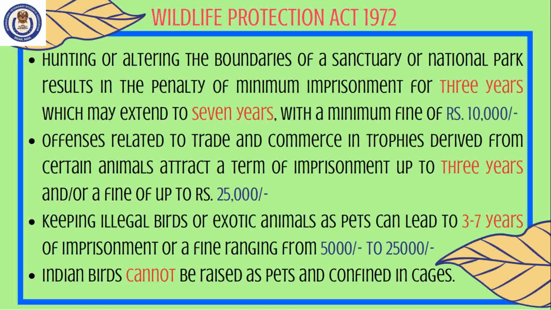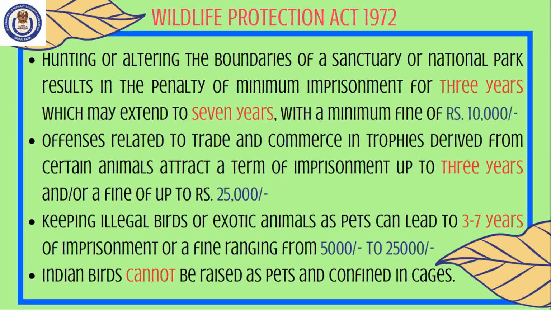And if there's any offense related to trade or commerce and trophies derived from certain animals, this can attract a term of imprisonment of 3 years, or a fine up to 25,000. And keeping illegal birds or exotic animals as pets can also lead to 3 to 7 years of imprisonment or a fine ranging from 5,000 to 25,000 rupees. Now this point is the most problematic thing,